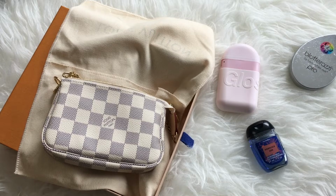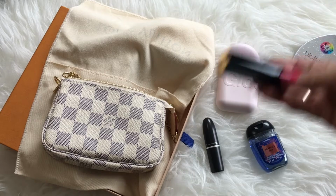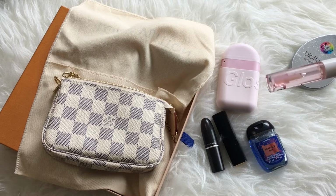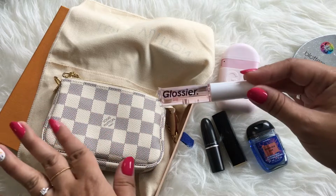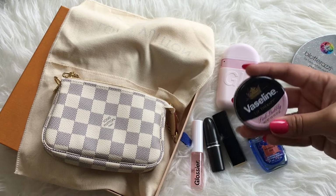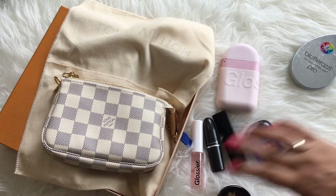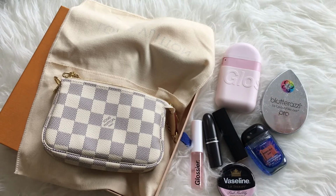And I also always carry my lipstick. Sometimes I'll carry 2 lipsticks. So I have 2 lipsticks over here, and sometimes I also carry my lip gloss. This is also from Glossier. This is so pretty. It makes your lips look so pouty and plump and full. Yeah. And I also have my, what's this, a lip balm. Sometimes I carry extra lip balm for my kids, because you know, they have chapped lips. And yeah, I'm gonna add this inside,